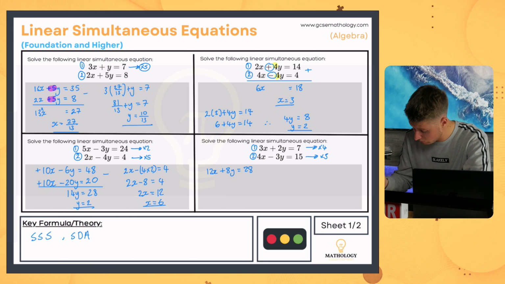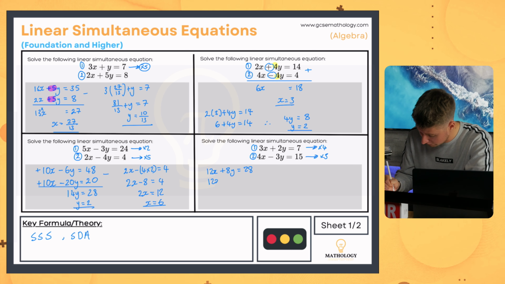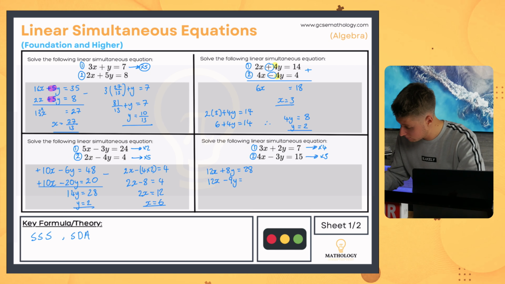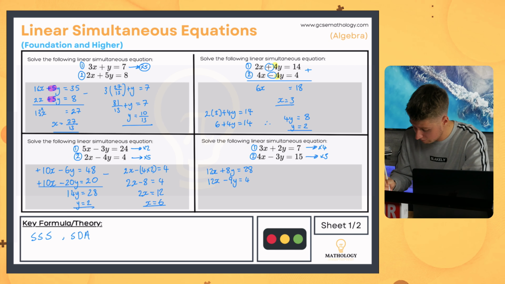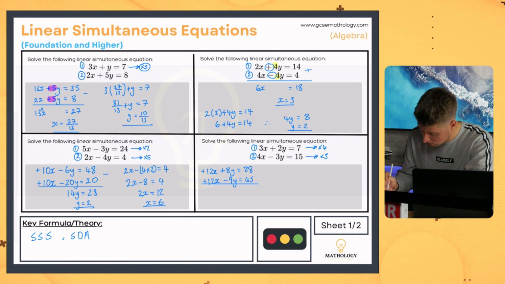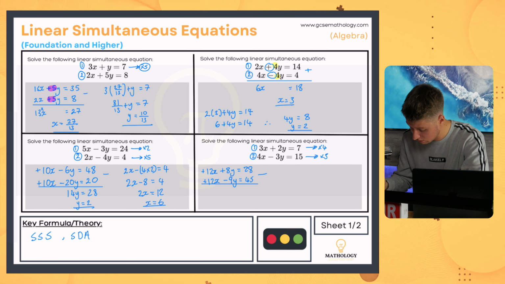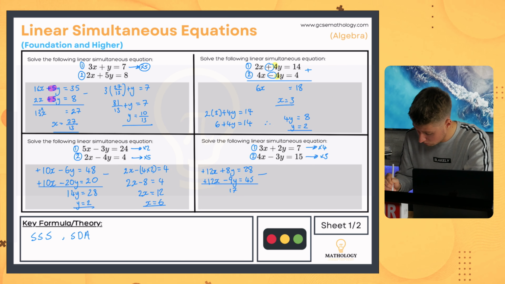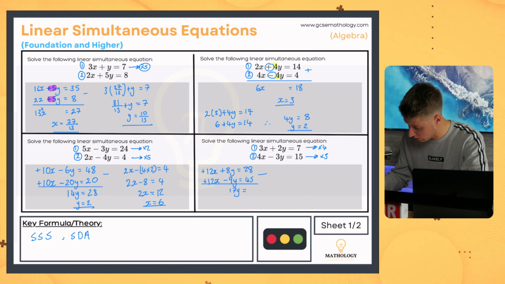And then for equation 2, we've got 4x times 3, which is 12x, minus 3 times 3, which is minus 9y, and this is equal to 15 times 3, which is 45. So looking at the signs of the numbers we've made the same, they're both positive, so the signs are the same, so we're going to subtract the equations. So 12x minus 12x is 0, 8 minus minus 9 gives us 17y, and then 28 subtract 45,